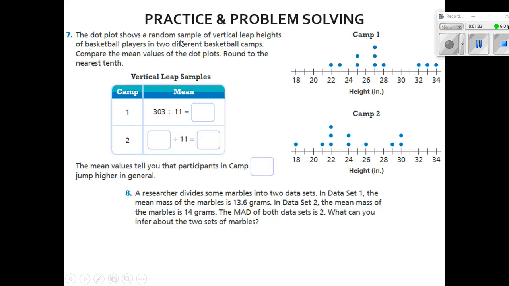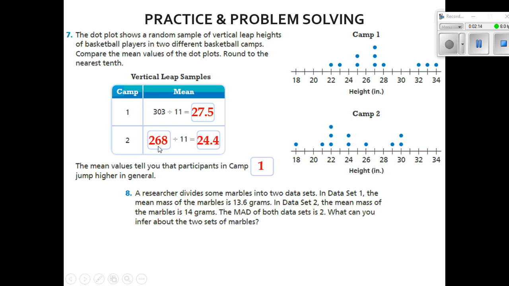The dot plot shows a random sample of vertical leap heights of basketball players in 2 different basketball camps. Compare the mean value of the dot plots, rounded to the nearest tenth. Well, if we count these up, we would take numbers like 27 and multiply it by 3, and 25 and multiply it by 2. When we add these up, we'd get 303, and there's 11 dots, so we divide that by 11, and that's how we get our average. So we would get 303 divided by 11, and that's going to give us